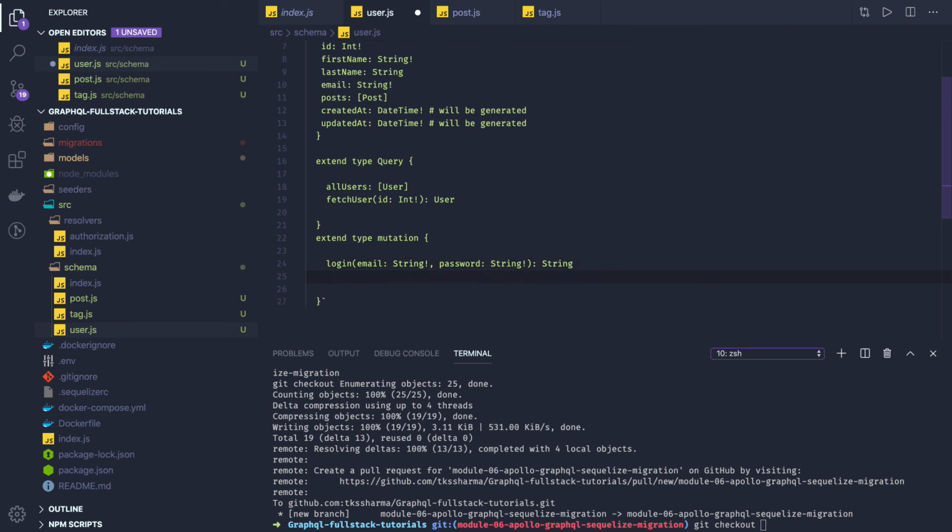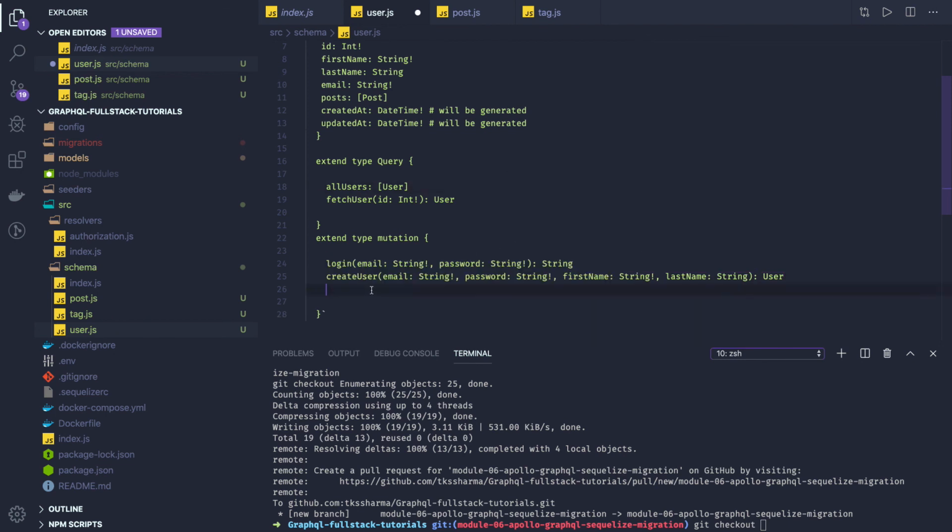Now we have a create user, and here you need to pass first name, last name, email, password. Just add a few more. We have first name, which is not a required property, and once you are done, we will be returning that created user.